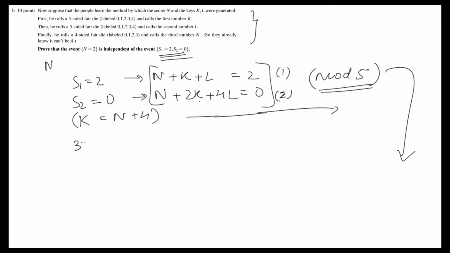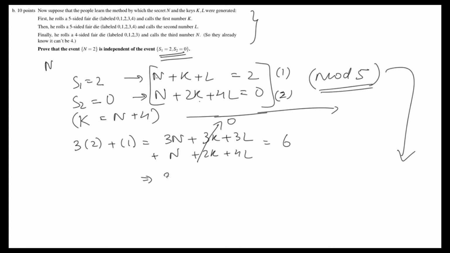So let's go: 3 times 2 plus 1 is equal to 3n plus 3k plus 3l plus 3n, no, oops, this is not 3n, this is just n, plus 2k plus 4l is equal to 3 times 2 plus 0, which is 6, right? And now let's just cancel these out. This goes to 0. 3 plus 4 becomes 2, right? So now we have,